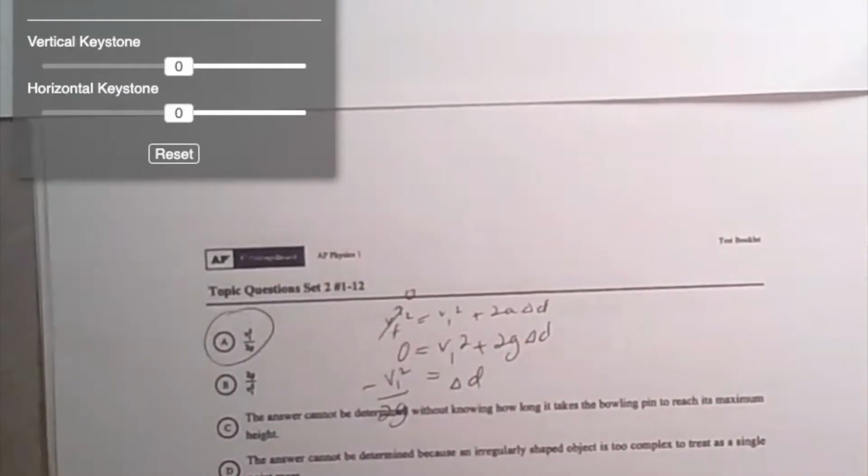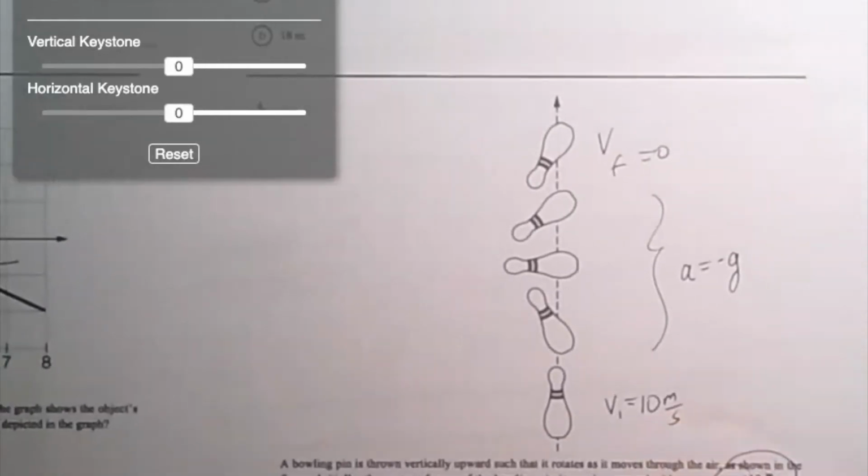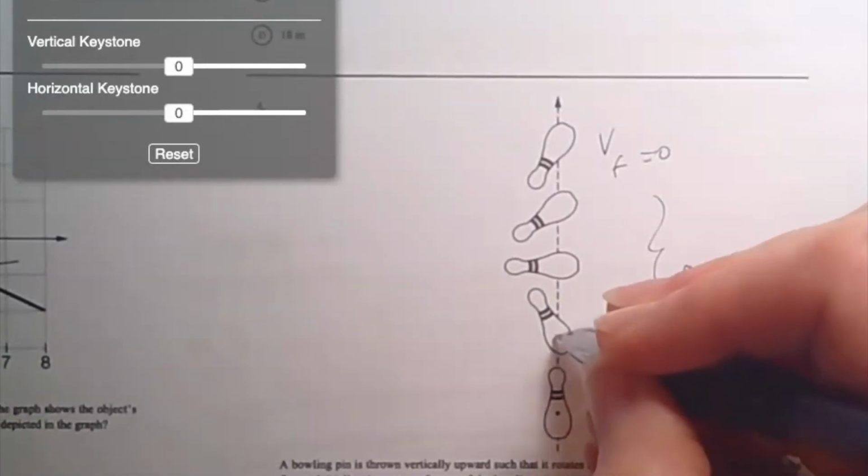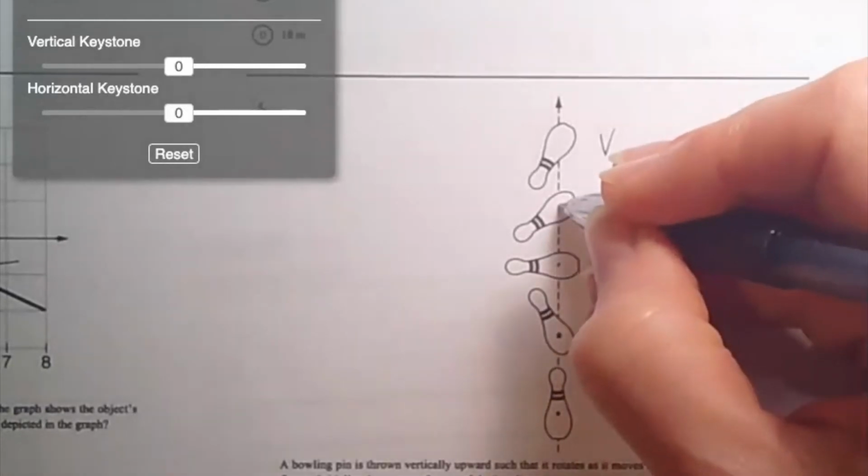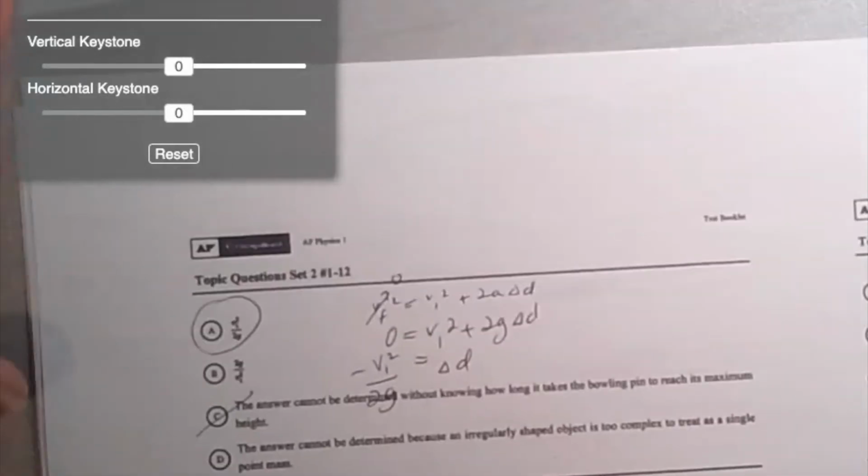that. Now, some of these answers here, you don't need to know time. We have other equations besides some of them with time. And it says an irregularly shaped object is too complex to treat as a single point mass. That's not true. You can treat the center of mass the same way. It moves just like a point mass does. In number 5, it asks you to find at